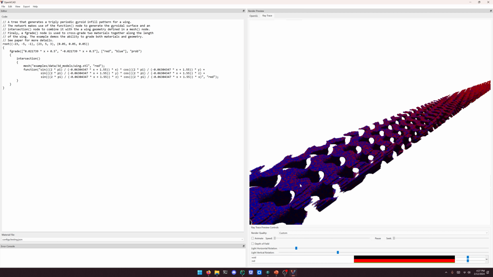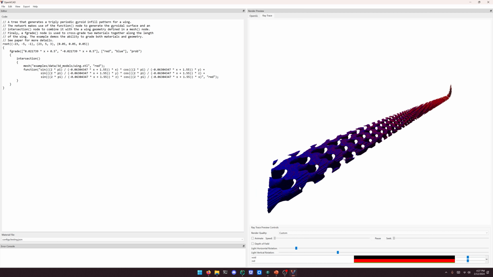So you can see that, right? These unit cells are much, much bigger in the gyroid out here than they are out here in the wing. And that's intentional, right? As we move out, we need to preserve the geometric detail of the wing as we get out to the tip, something that we really don't need to do down here. We don't need gyroids with quite that small of unit cell sizes